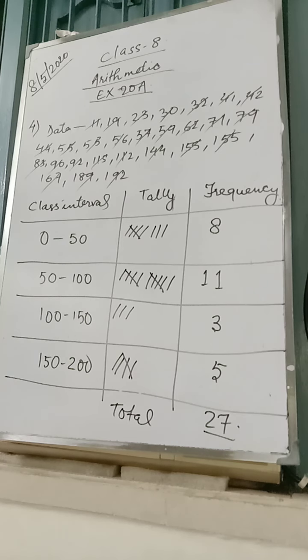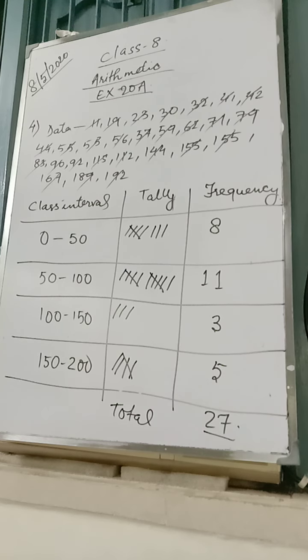Now next exercise, we have exercise 20A and 20A we have already done. 20B, 20C and D we do not have to do for first unit test. Up to 20B only we have to do for first unit test. So the next exercise 20B, the first question you can see, you are given a graph and they have asked certain questions related to that graph. You have to answer. You don't need to draw the graph.